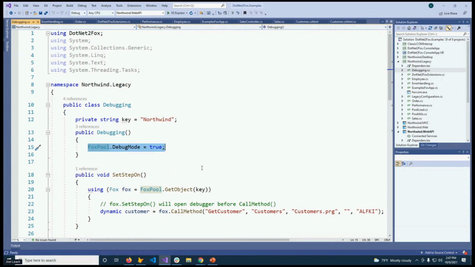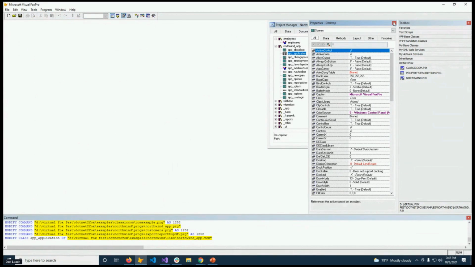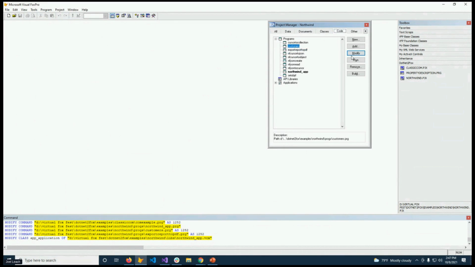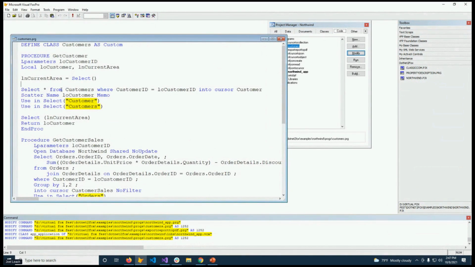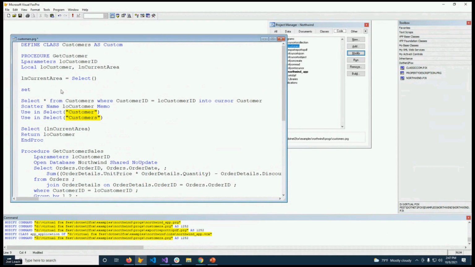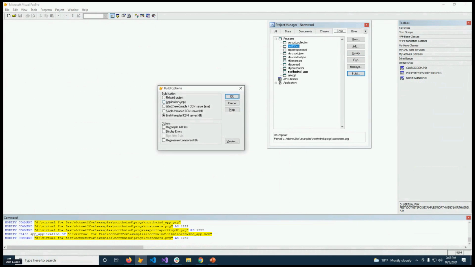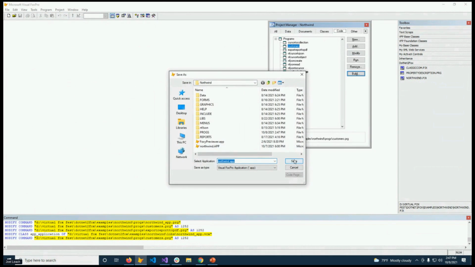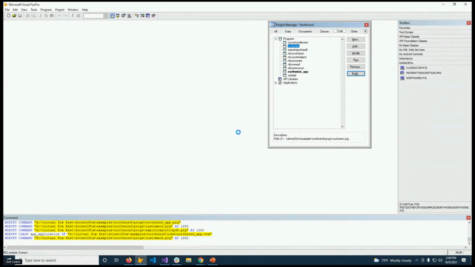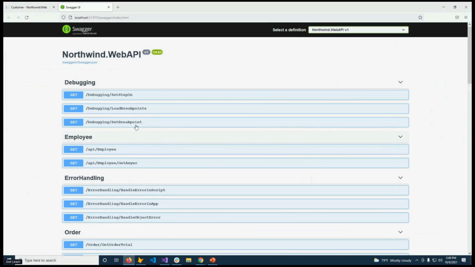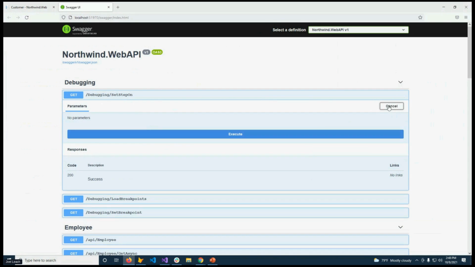Now, once you have debug mode turned on, the most straightforward way to debug is just to put a set step on statement in your FoxPro code. So I'm going to do that. And I've got my get customers method here. I'm just going to call set step on here. I'm going to rebuild that because DotNet2Fox will be looking for it within that Northwind app. And now if I run that,